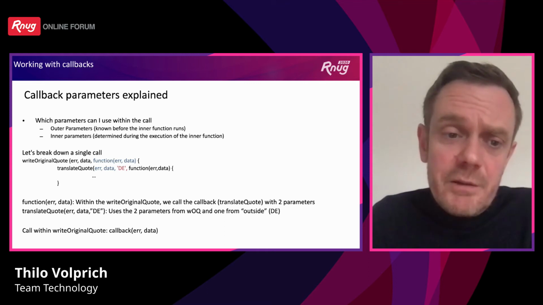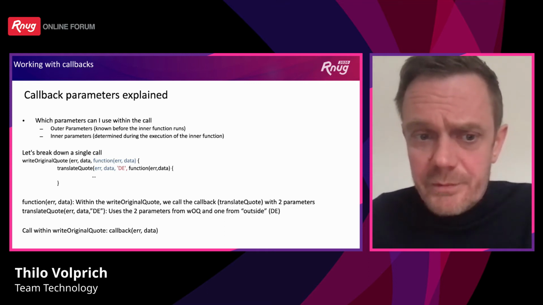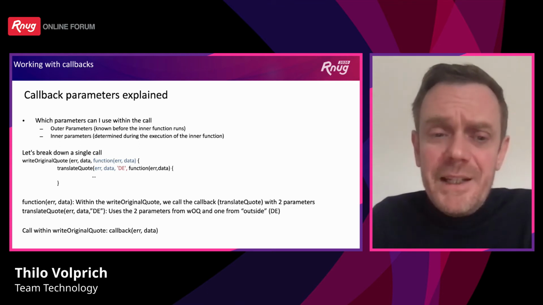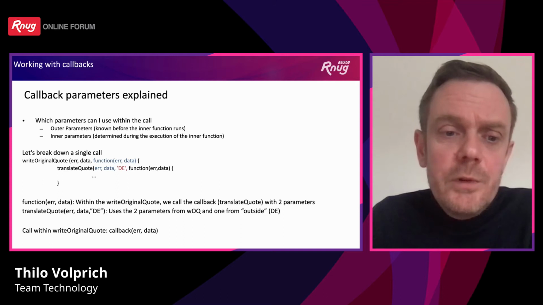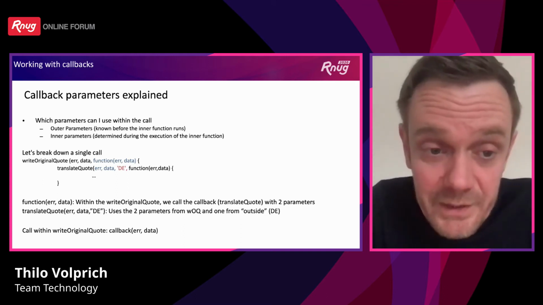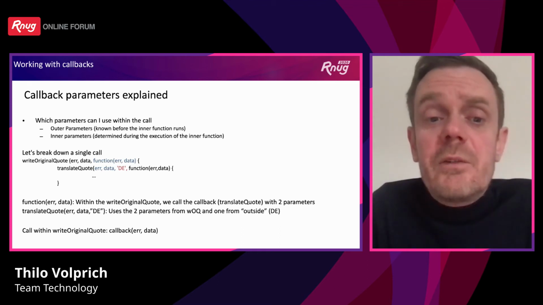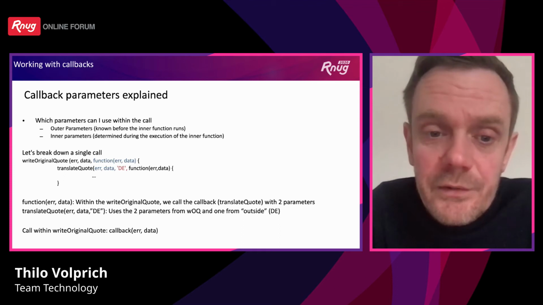We have translate quote. This is the function we want to call within original quote. And we combine data from different sources. So we use the error and the data we get while runtime of the code, and we add some additional data, the DE you see here,